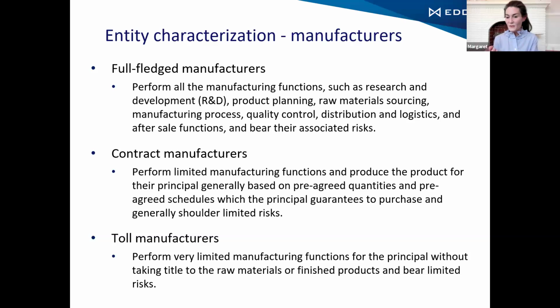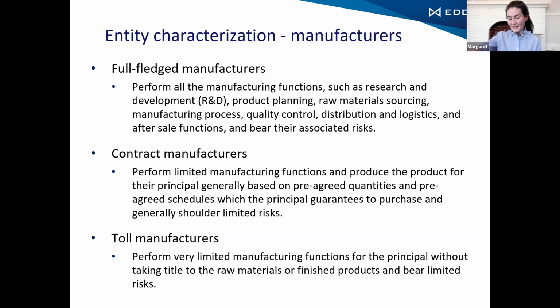The toll manufacturers perform limited functions, have limited risks, and own limited, if any, IP. These three buckets aren't going to be perfect, but they're something that a tax authority would understand. And it helps take all that information and